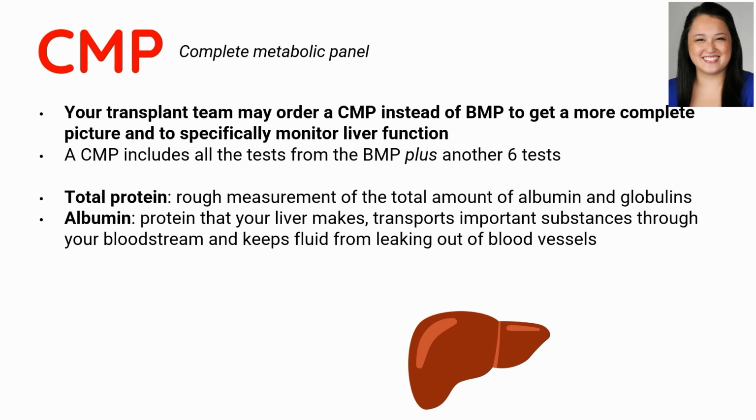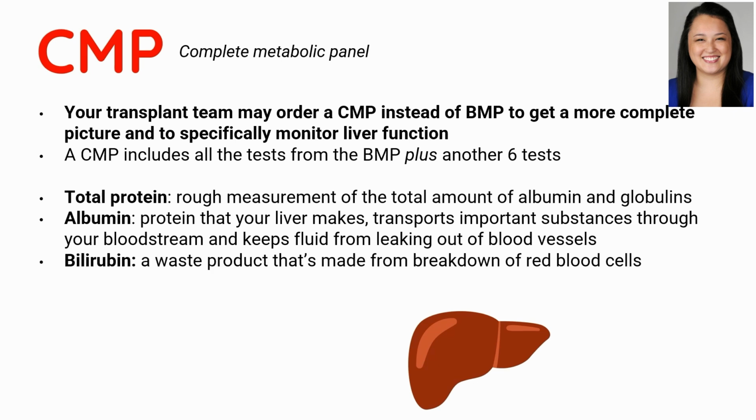The albumin is a specific protein that your liver makes that helps with a lot of transport of important substances, including medications through your bloodstream, and helps keep the fluid from leaking out of your blood vessels. Bilirubin is a biopigment in blood that is basically a waste product that's made when your red blood cells are broken down, and your liver is in charge of removing that bilirubin from the body. So if you do have an increase in the bilirubin, this might show an increased breakdown of red blood cells